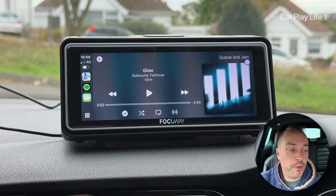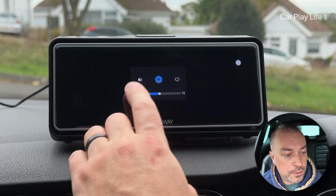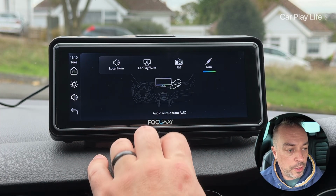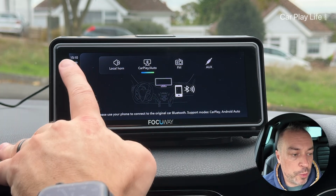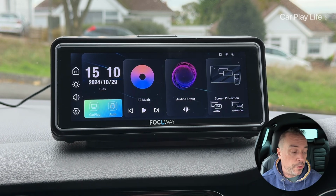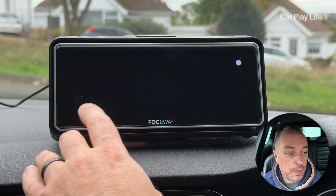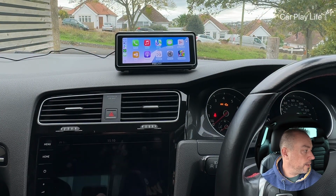The last one is Bluetooth. So for that, Bluetooth will come from the phone. So we need to come out of this and go into audio output again, into Bluetooth. We confirm that. So now this is in Bluetooth mode. So we now need to pair our iPhone to the car stereo. So we're going to let CarPlay display up there, and then here we're going to go into media, change it